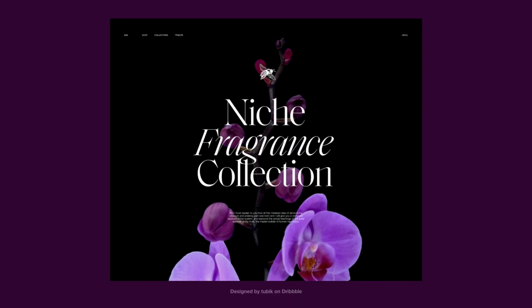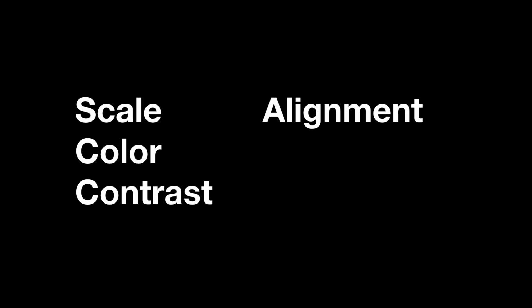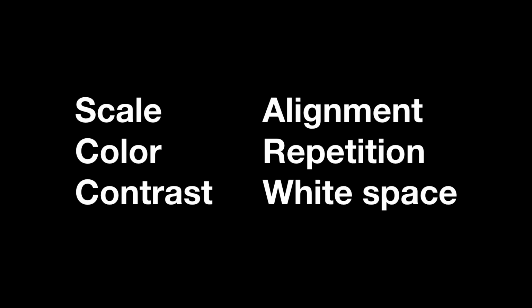The 6th and last tip is to use white space. Now, white space doesn't literally have to be white. It just refers to an abundance of space around a particular element. This design is a beautiful example of white space. We have a large headline with an elegant serif, including an italics in one of the words, a large floral photography element, and a black background. This design not only uses white space well, but also scale because of the large headline. You can see how when you start to stack these tips on top of each other, you can create truly dynamic designs. You don't have to use just one. In fact, I encourage you to combine a few of them to create more interesting designs.